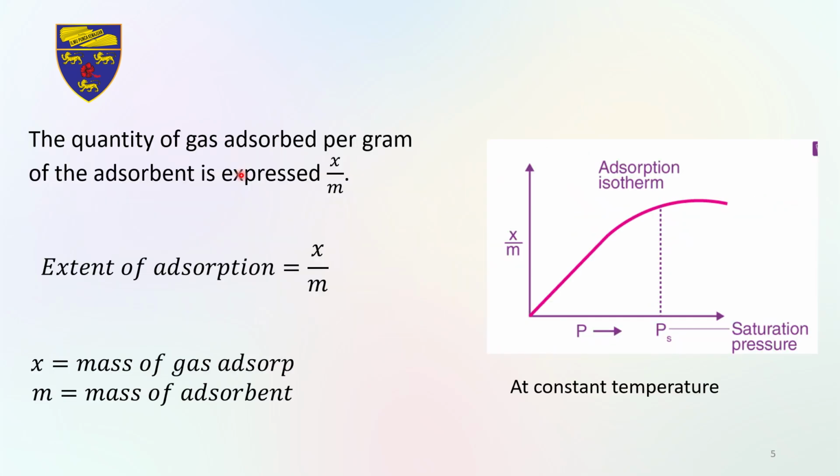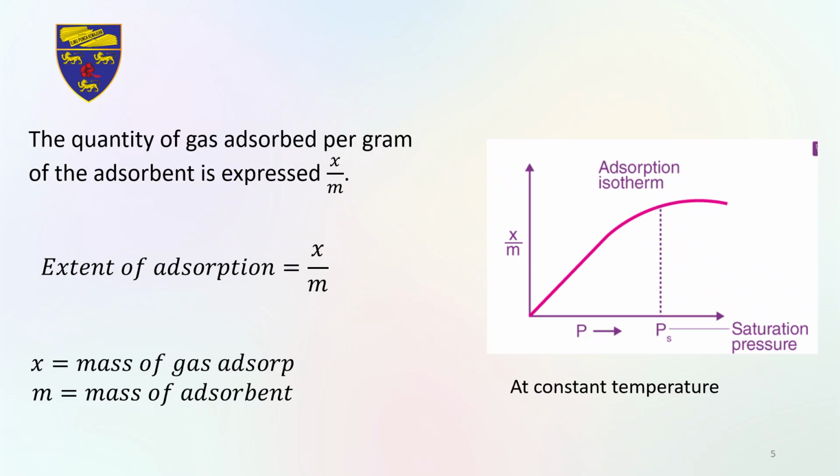Another common way to express the extent of adsorption is the ratio x over m, where x is the mass of the gas adsorbed and m is the mass of the adsorbent. As pressure increases, we eventually reach a saturation pressure, Ps, beyond which